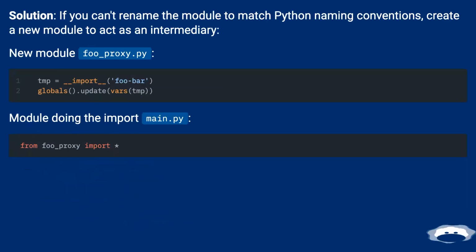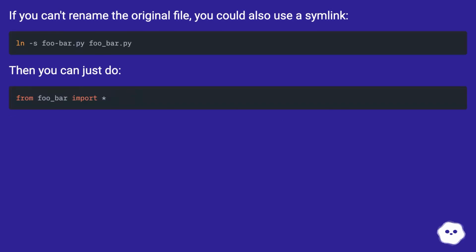Solution. If you can't rename the module to match Python naming conventions, create a new module to act as an intermediary. New module foo_proxy.py. Module doing the import, main.py. If you can't rename the original file, you could also use a symlink. Then you can just do